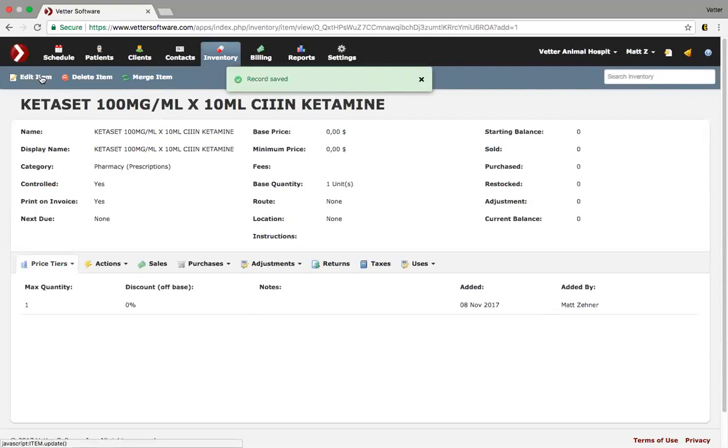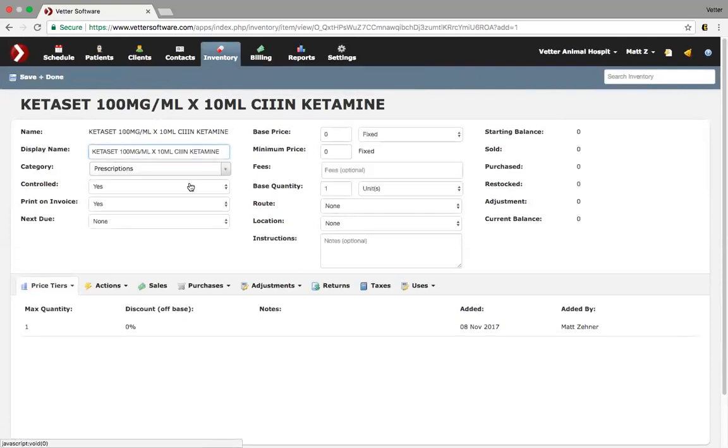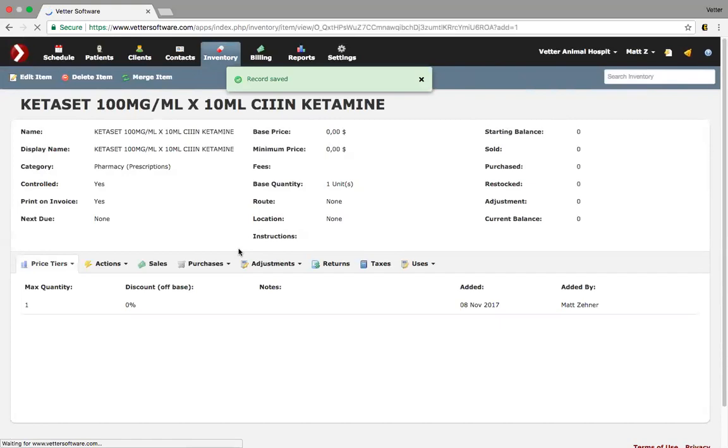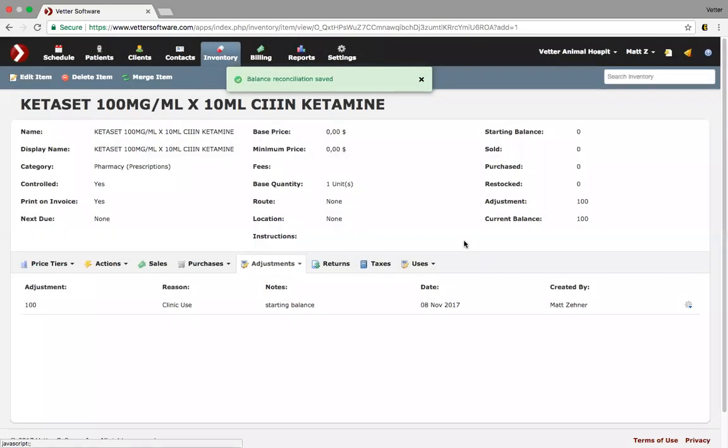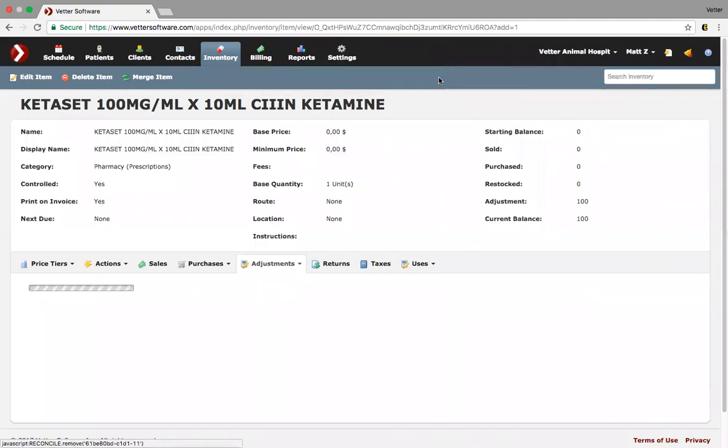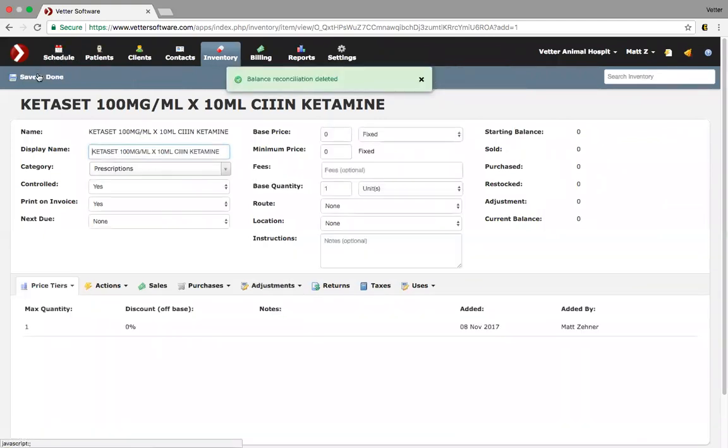Now I can always go back and edit items, right? And I can go ahead and do whatever I like. Let me show you very quickly, though, in terms of how we were adding adjustments and adding purchases. I could start like this and say, starting balances, maybe I have 100 on hand, okay? And I call it starting balance. So now I have 100 on hand, okay? Boom, boom, boom. I could have also, if I wanted to, for example, I could delete this, and I could also just say, hey,